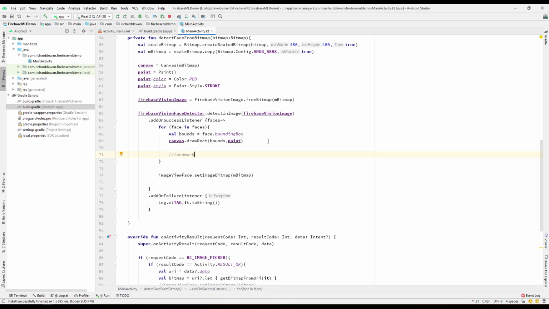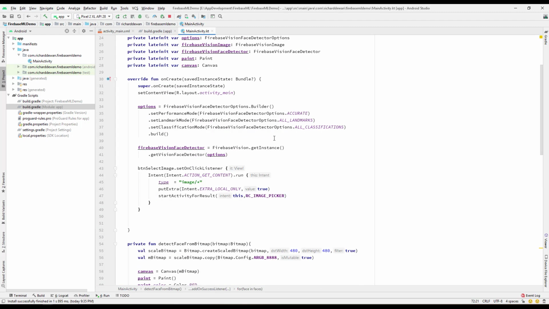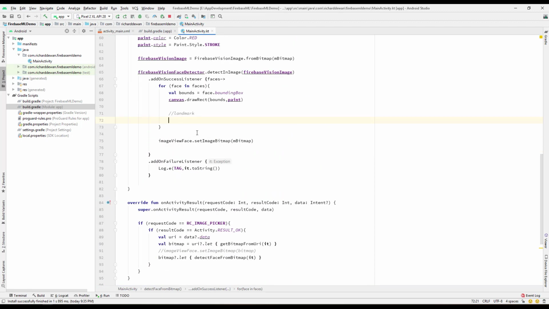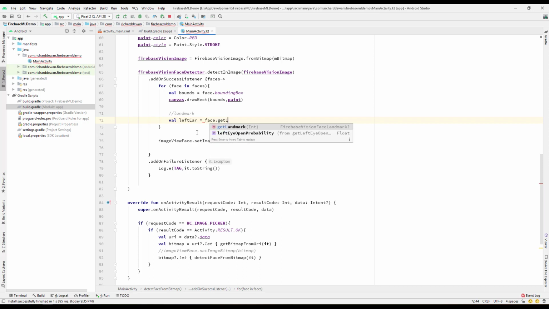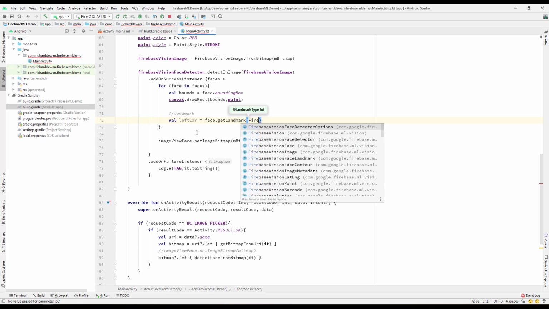landmark. So we have already set up over here to detect all of the landmarks. So what we will do over here, we will say there are two points over here. One is the left one and the other one is the right one. So I'll just say left ear, which is of face dot get landmark. So we can get the landmark, and here we need to pass the landmark type, that would be Firebase Vision